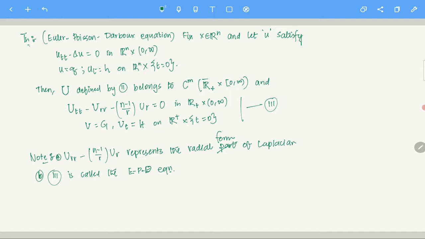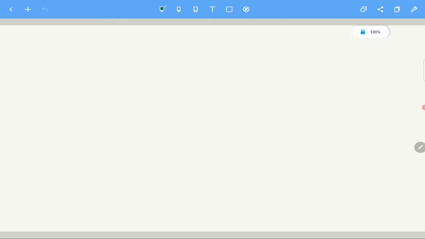So for that we are going to do all this. You do realize that we are only doing the homogeneous part right now, and that is why we have to do so many things. More will come, but this is just for the homogeneous part. Okay? So you realize that this is difficult. So let's look at the proof of this. Before we go on with the proof, let me tell you what we are doing. First of all, we wanted to prove the initial value problem for the homogeneous wave equation.